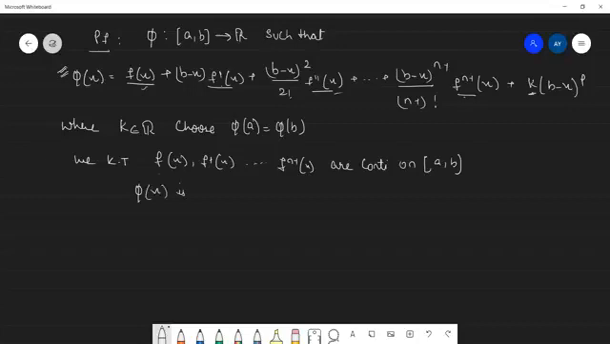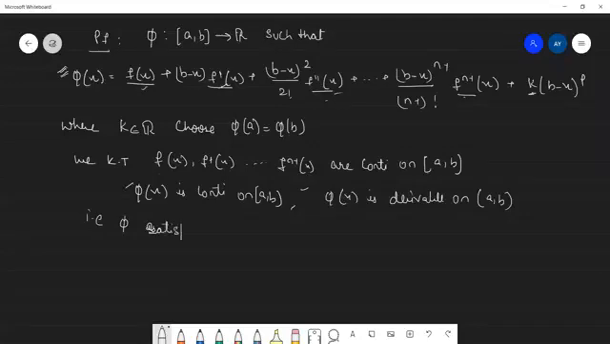So phi of x is clearly continuous on [a, b]. And f dash, f double dash and the rest are derivable, so we can conclude phi of x is derivable on the open interval (a, b). So as it is continuous and derivable, what is the third condition of Rolle's theorem? That phi satisfies all the conditions of Rolle's theorem. The first is phi of x is continuous, phi of x is derivable, and the third is phi of a equals phi of b. As all these three conditions of Rolle's theorem are satisfied, there exists a c belongs to (a, b)